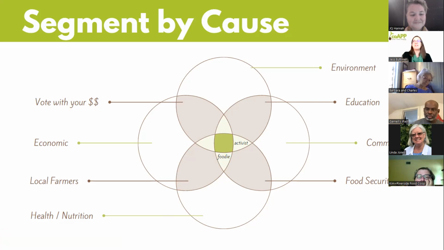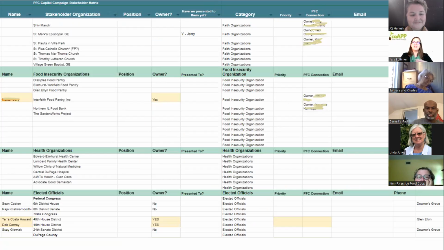So that's why they've latched on to become owners. And so it helps to think about those buckets for a lot of reasons. One way that it translated into data for us is that we put together what we call a stakeholder